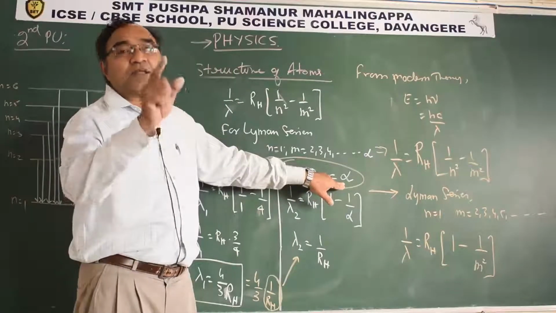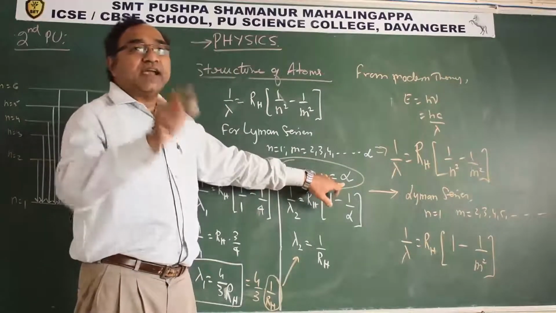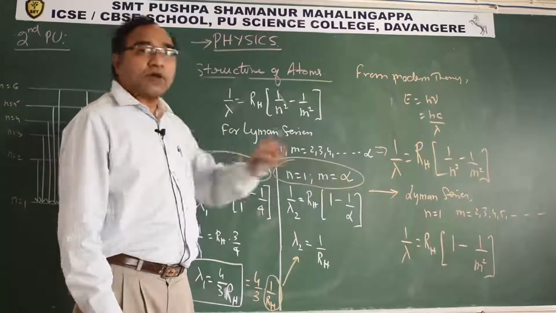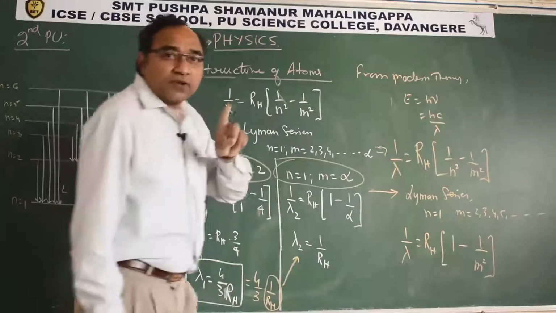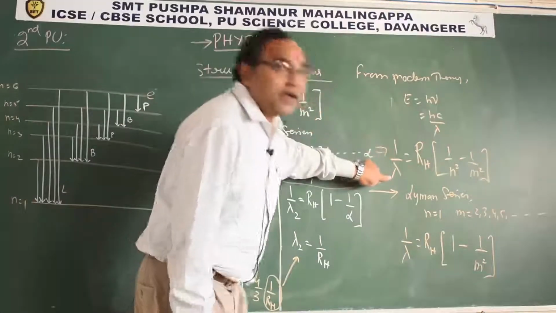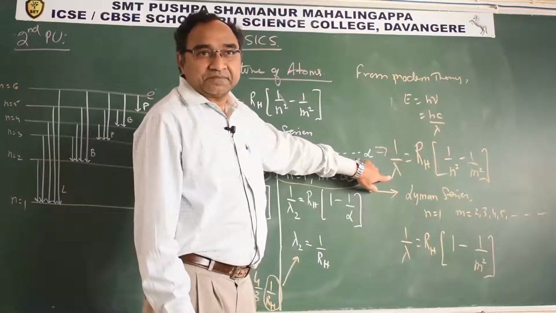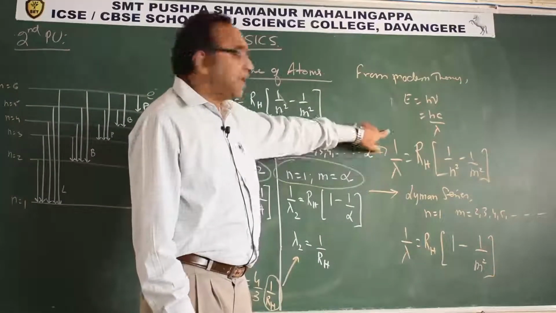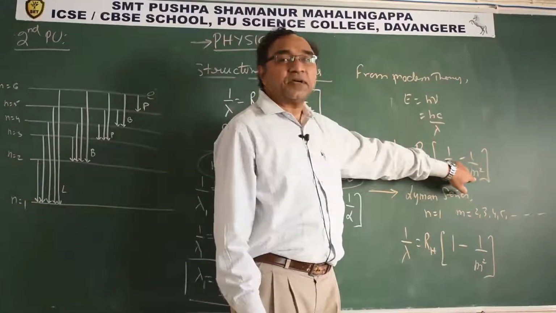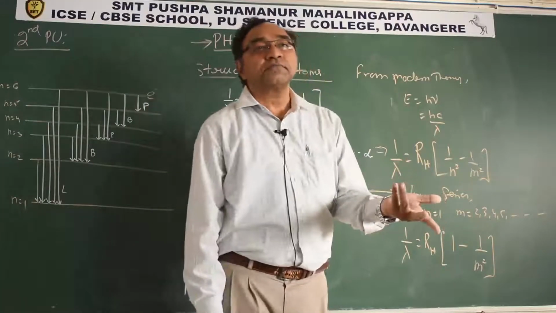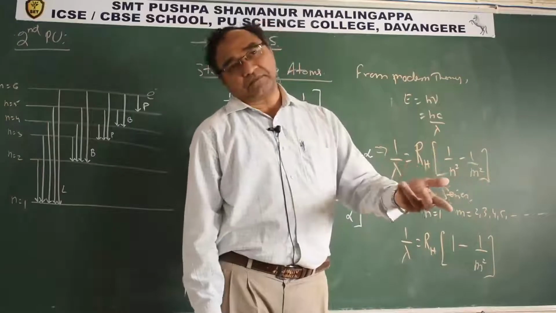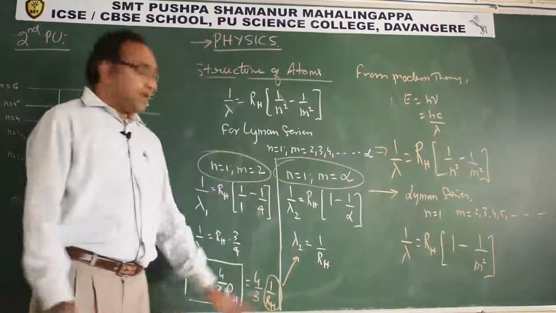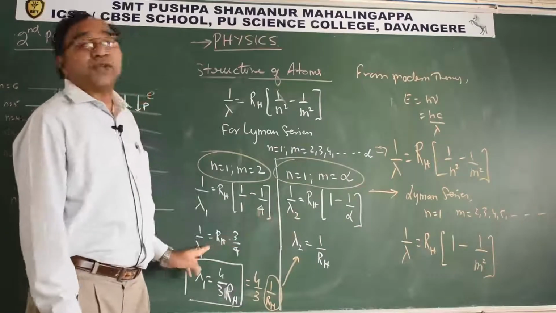This is what will happen the majority of the time. You will get carried away by this term infinity, and you will feel because infinity is there, this should be longest. Wrong. Why, I will tell you that also. Because here you are taking 1 by lambda. Why are you forgetting that? 1 by lambda you are taking, and if m gives the longest 1 by lambda, then lambda will be shortest because a reciprocal relationship exists. That is how it can be justified.